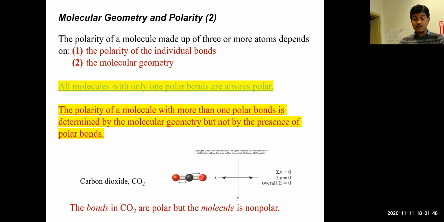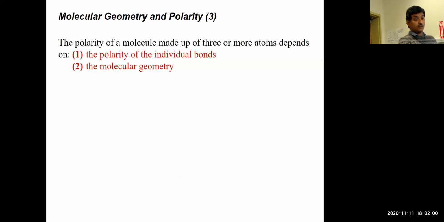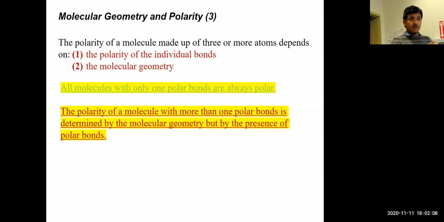So as a result, the CO2 molecule contains polar bonds, but the molecule is non-polar. Okay? This is the trickiest one to get. If you get this one, the rest of the problems are going to be easy. Again, let's look at these rules. You need to check these rules every time. That's why I included the rules in every one of the possible problems that we are going to work on